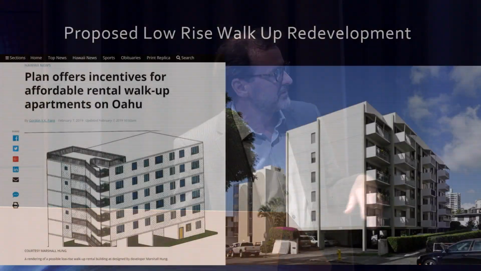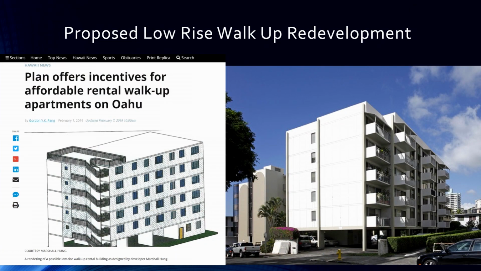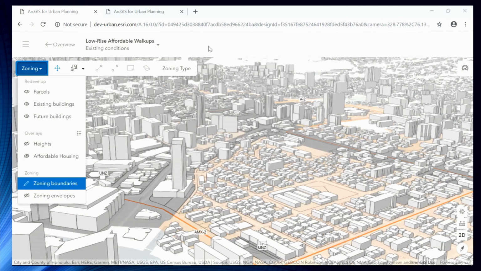So the proposals that were coming out, how did they want to alter it? Here's an illustration of a 5-story low-rise walk-up. Now, the AIA conducted a charrette using Legos to develop illustrations of what a five-story walk-up would be. So we had to say, this has to be a better way.